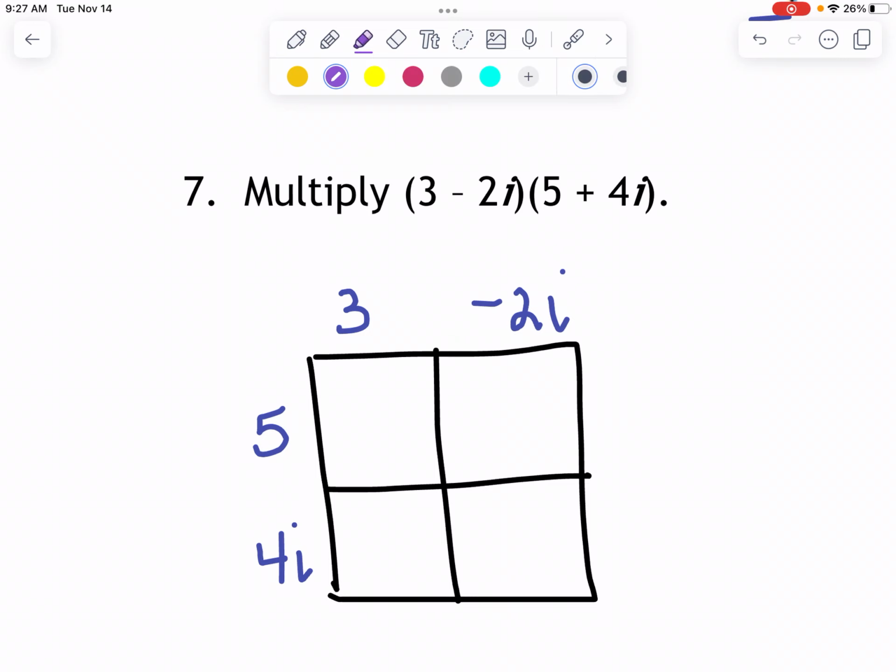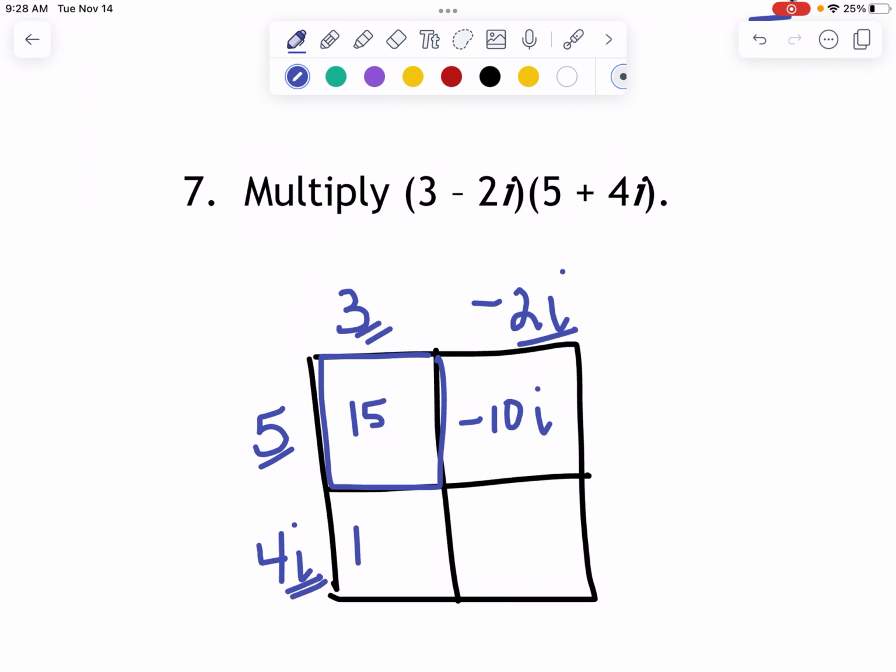Okay, so again, I'm going to multiply these guys together. So in this first box, I'm looking at 5 times 3, so I got 15. Then I'm going to take 5 times negative 2i. 5 times negative 2 is negative 10, times an i. Then I'm going to take my 4i times 3. Well, 4 times 3 gives me 12, times an i. And then last but not least, I'm going to take my 4i times my negative 2i. Well, I know 4 times negative 2 is negative 8, and I know i times i is i squared. We learned already that i squared is negative 1, so I have negative 8 times a negative 1,